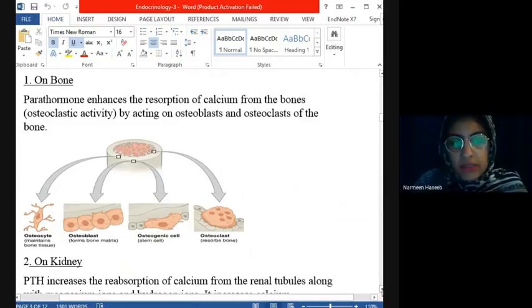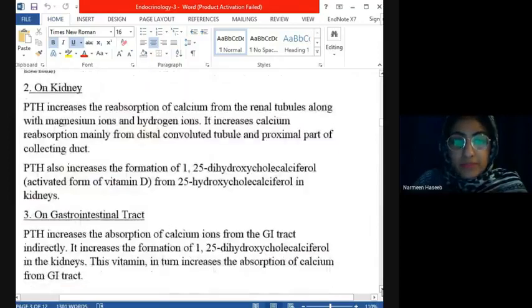Number one. Number two, on the kidney. Parathormone increases the reabsorption of calcium from the renal tubules along with magnesium ions and hydrogen ions. So the